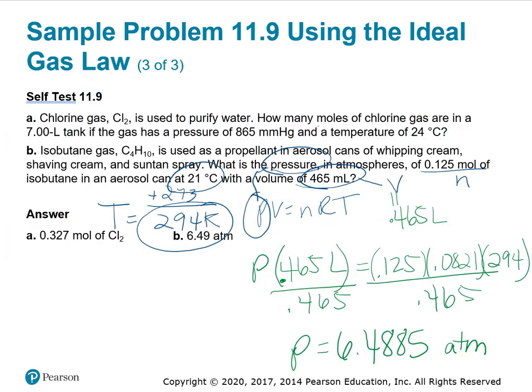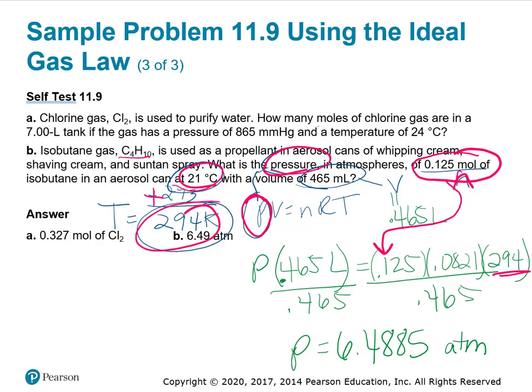Let's look at part B. We are told that isobutane gas, C4H10, is used as a propellant in aerosol cans of whipping cream, shaving cream, and suntan spray. What is the pressure? So we need to find P in atmospheres. We are told that we have 0.125 moles, so we know our n, that's going to go there, of isobutane in an aerosol can at 21 degrees Celsius, so I converted that to Kelvin, that's our temperature, and has a